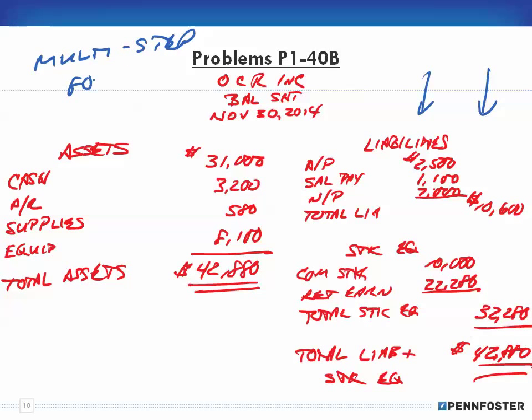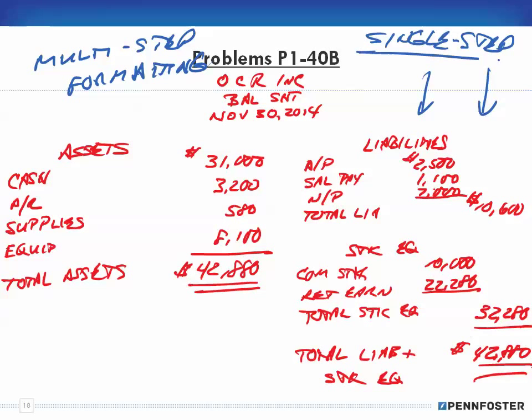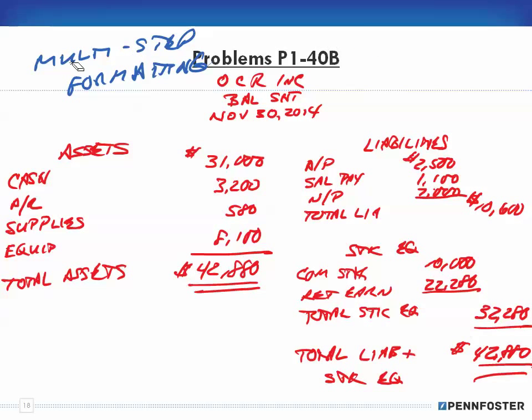formatting versus single-step formatting, which is the way the textbook is presenting it. And in the last problem, when I went over the balance sheet, I explained the difference between multi-step and single-step and when it's being used. The solution, like I said, is being shown as a single step, but single step is really only